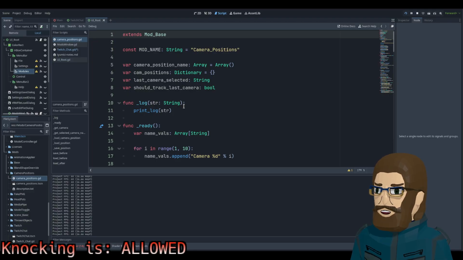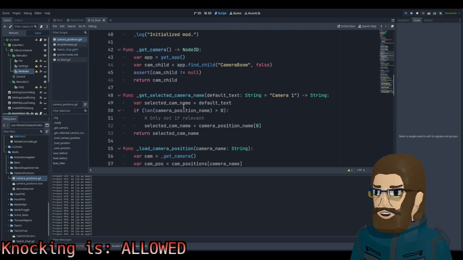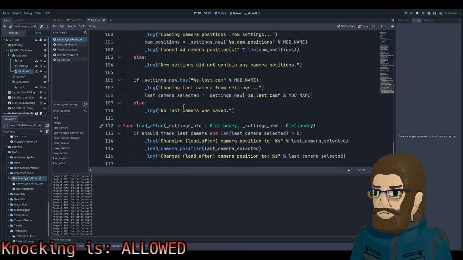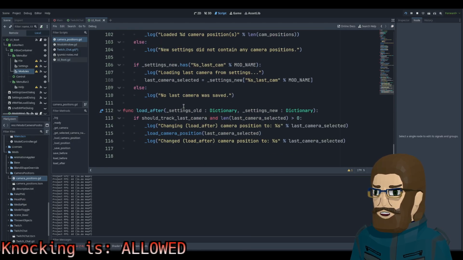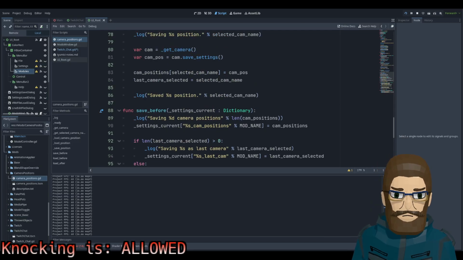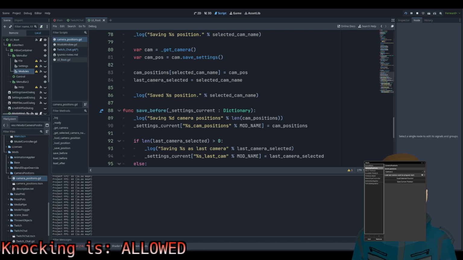Mod base, yep. Camera, load. Yeah, that was a whole menu. So like, we look at it. Do any of these spawn something? That's like what I just really want to do.